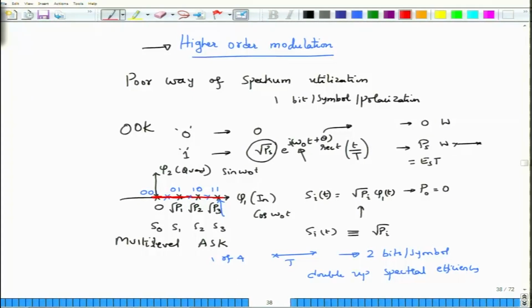So, as I start making the interval between the symbols smaller and smaller, that is, increase the number of amplitudes, I may increase the spectral efficiency, but I am actually going to be very prone to the noise that is present. So, noise actually kills this multi-level ASK system. ASK systems with 4 levels were tried earlier, but this did not give the required performance that people were looking for. So, today we do not really use multi-level ASK alone, we actually combine ASK with what is called PSK. So, what is PSK? Now, that is where we are going to get a very interesting thing.